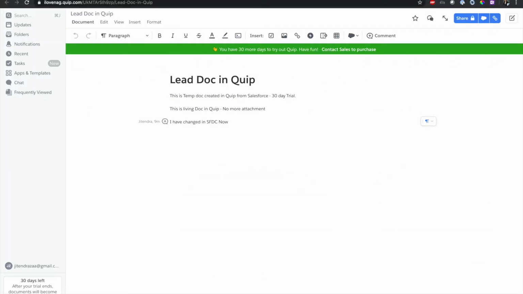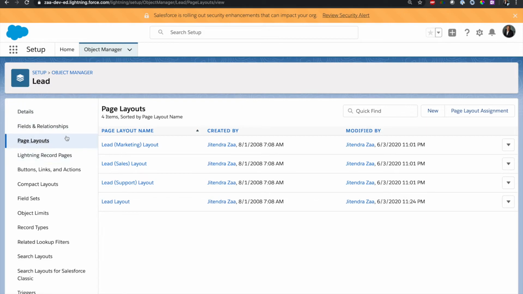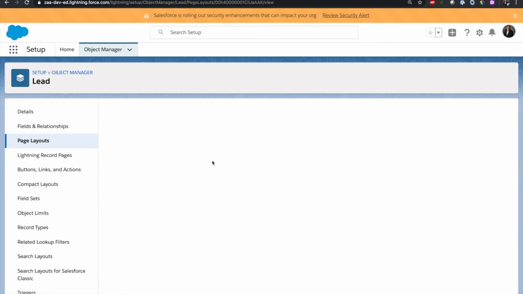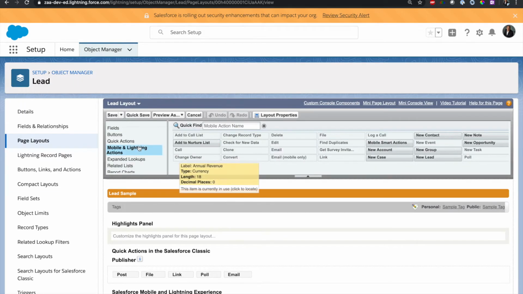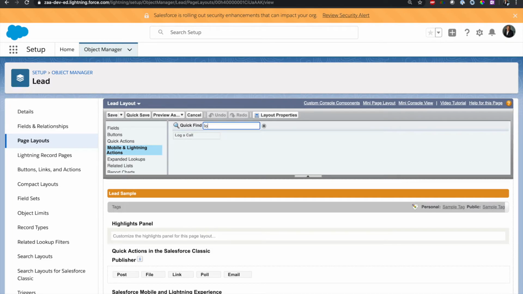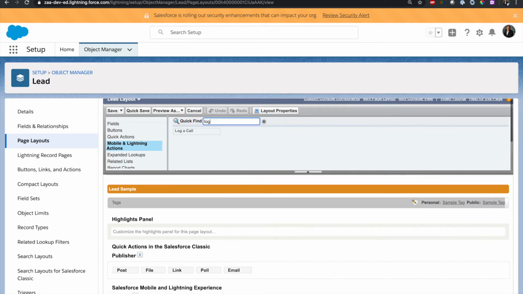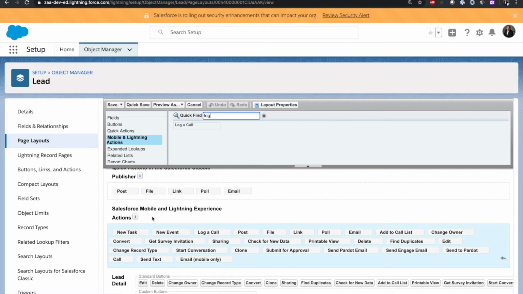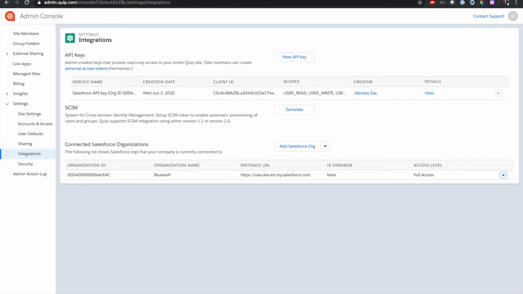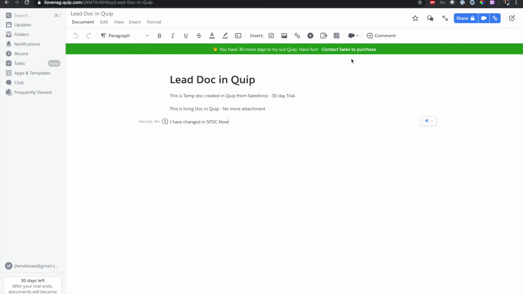Now let's see how we can access Salesforce inside Quip. Till this point we were in Salesforce performing some operations on the Quip document. This time we are going to do something else. On the lead record page layout, I already have activity related buttons like log a case and new task, and I have the Salesforce integration already done.